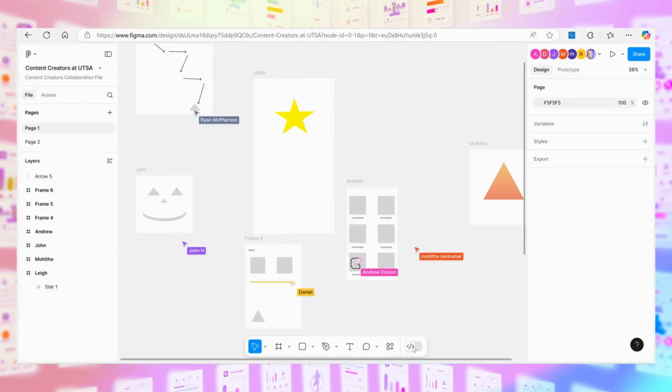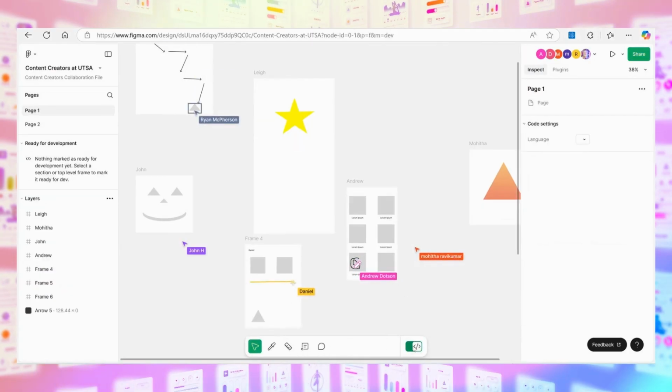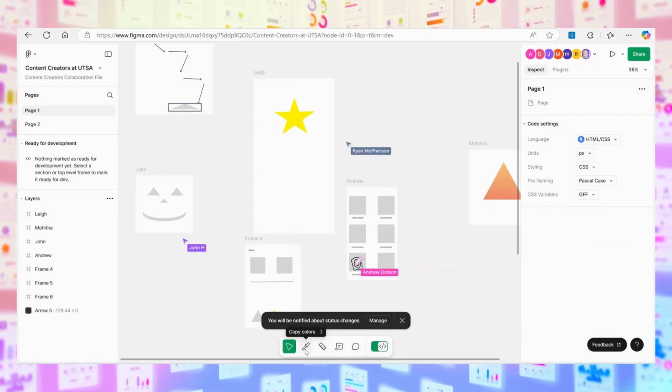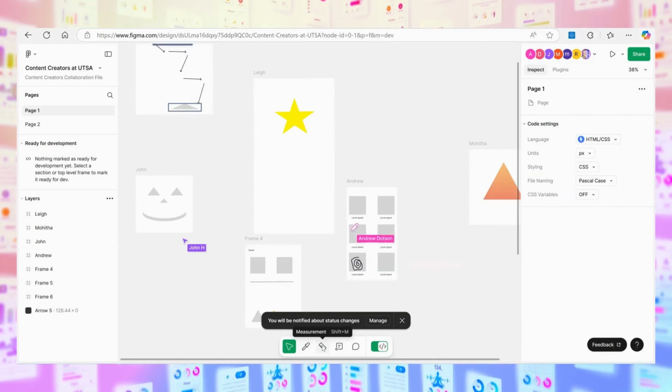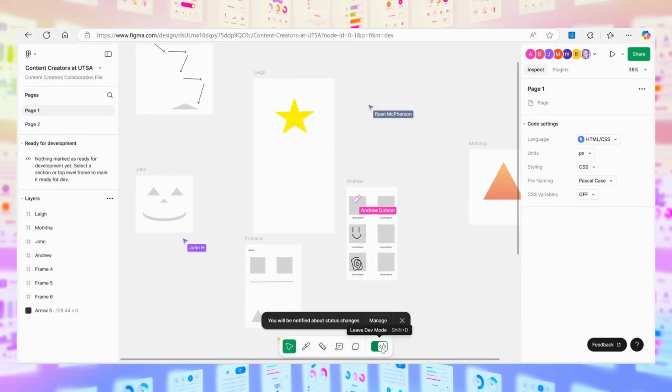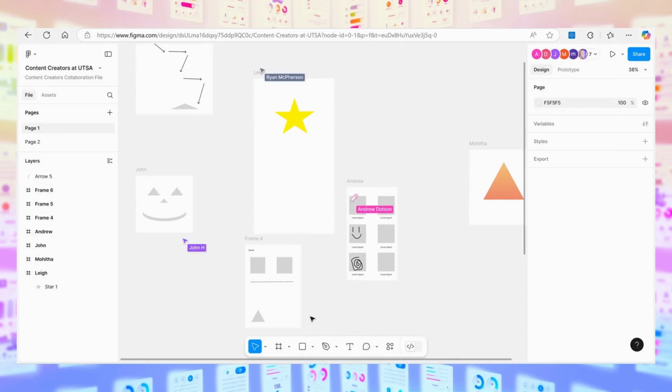So that's there. And this changed a lot. And this is dev mode. Boom. That is when you hand it over to a dev, they will use your file and make it go live with all the coding stuff that I've been having to do in my digital media production class. And then you just switch right back and you have designer mode. So making notations for everything is really important.